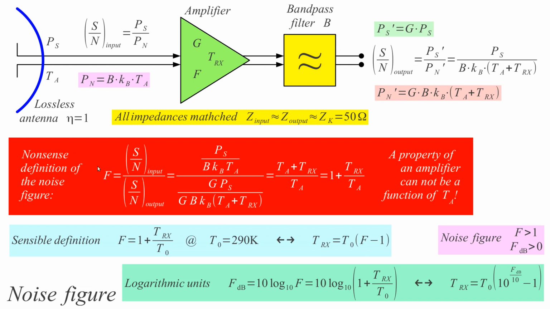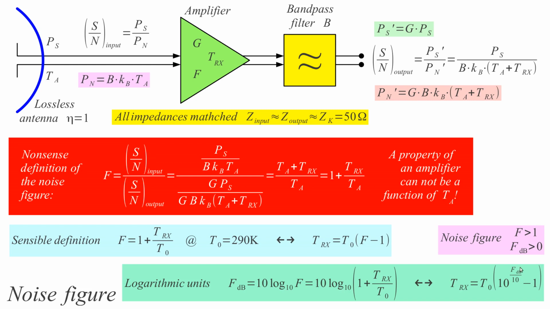Frequently, the noise figure is expressed not as a linear ratio, but in decibels, with logarithmic units. Because noise figure talks about noise powers, it's a power ratio. We are using 10 times the logarithm to the base 10 of the noise figure here. So usually the noise figure is expressed in logarithmic units, or vice versa. We can just take the appropriate exponent function of 10 to calculate the receiver noise temperature from its